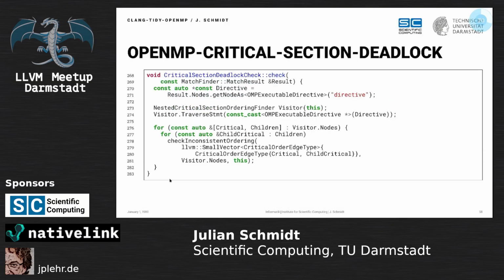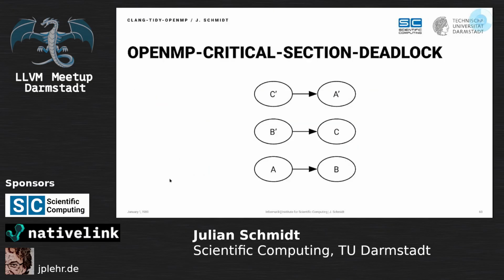After that, that's basically all we need to do in our visitor. And to use our visitor, we just declare it in our check function and say traverse the statement at which we start our analysis. In our case, an OpenMP executable directive, which is basically any OpenMP directive, but I've constrained the directive in the register matchers function a little bit to be a little bit more interesting to us. So this step is basically only doing this. We try to find the parent-child dependencies,